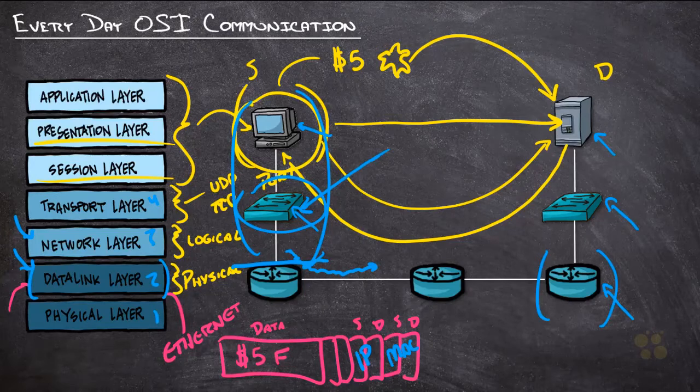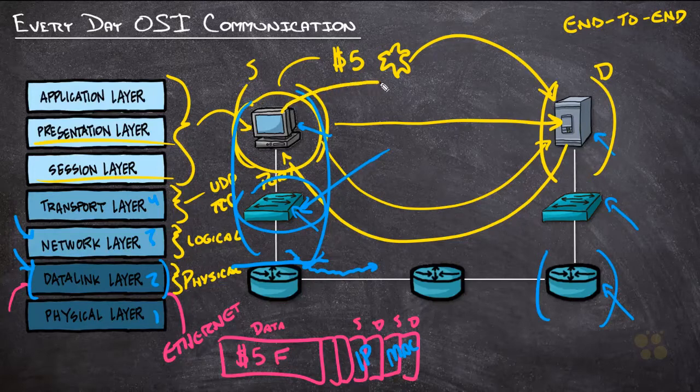Now, I still haven't answered the question. And some of you are like, Jeremy, you're not answering the question. Why do we have to have 2? Well, here's the whole reason. We want to be able to communicate with this server over here. That is our end-to-end destination. This computer originated and wants to send it. It could be 1,000 miles away. There could be 50 billion routers that we're going through on the way,